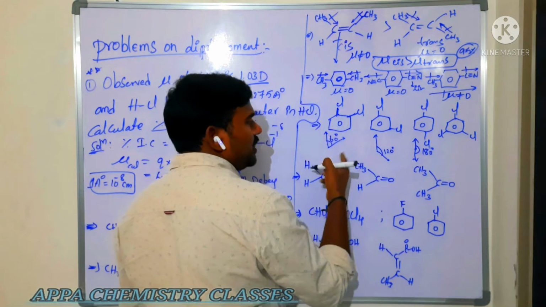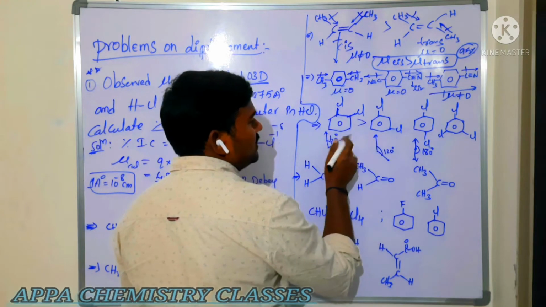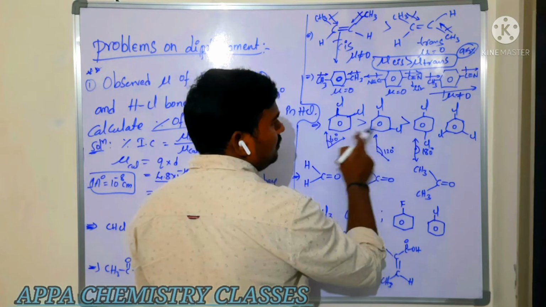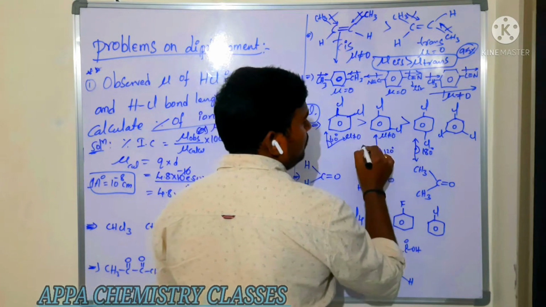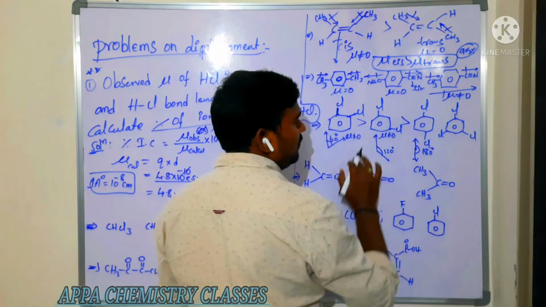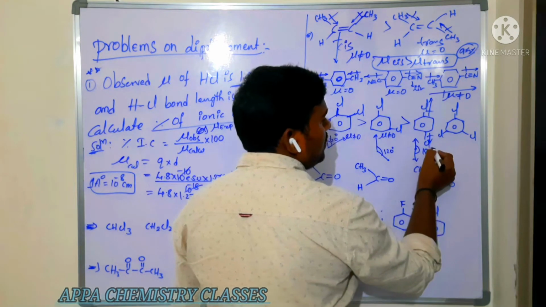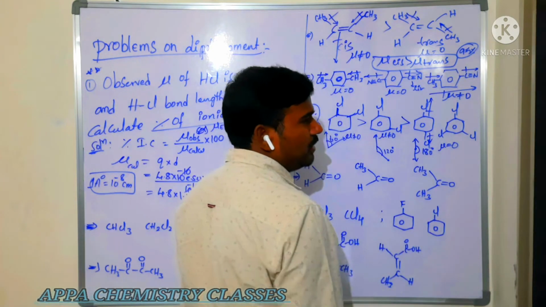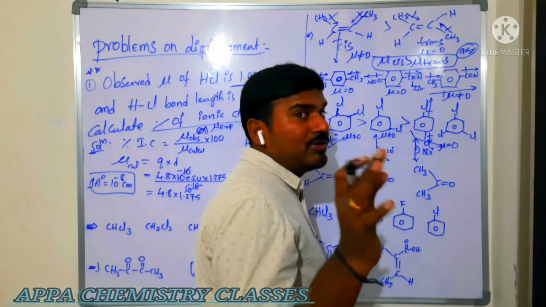So there what happens, as the angle increases, the dipole moment decreases. So if the angle is less, it has more dipole moment. So among these two, here its mu is not equal to 0, its mu is also not equal to 0. Among these two, this one will have more dipole moment. Now among these three, if you are comparing, here chlorine is more electronegative, so this is also more electronegative, both will be withdrawn, so the net dipole moment will be 0. This molecule is a non-polar molecule. Do remember, which is very important.